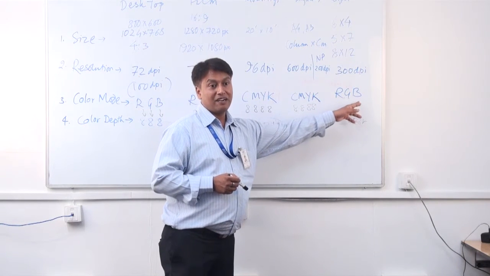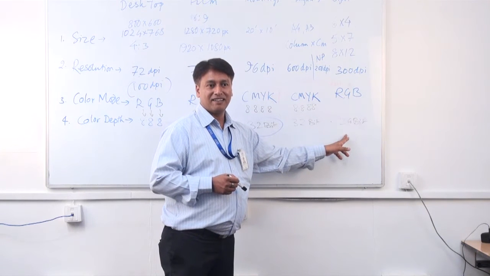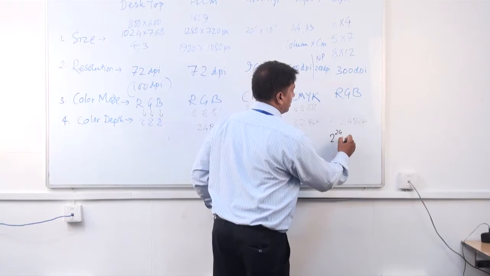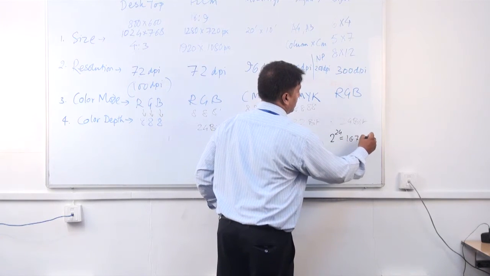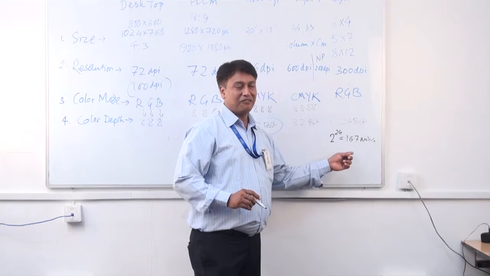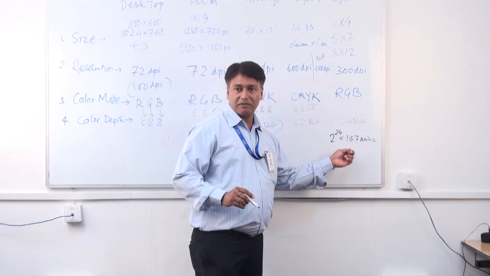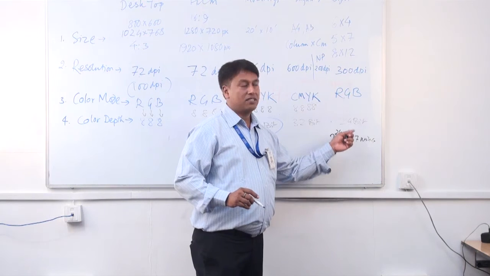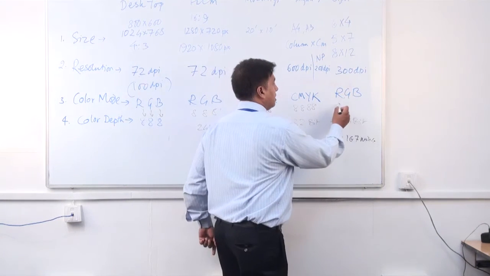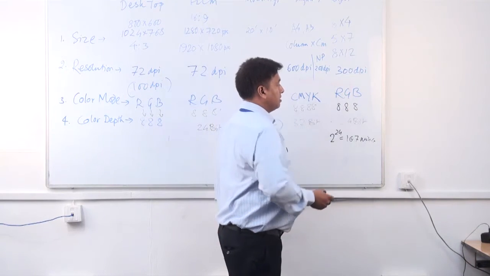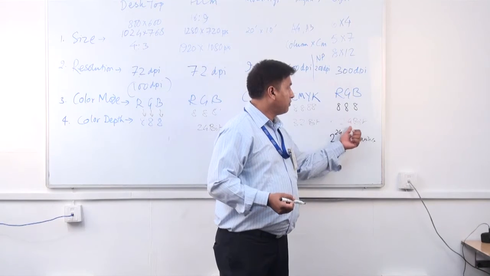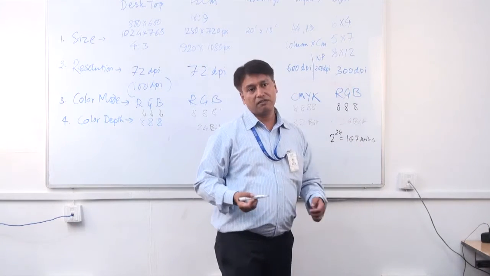If you want red, green, blue, you should have 24-bit. And 24-bit is 2 to the power 24, and it is 16.7 million colors. Got it? Why do we need it? Why does the computer have 16.7 million? Because it needs a 24-bit image. And 24-bit comes from 3 channels of 8-bit. That comes out to be 24-bit, and a 24-bit image has 16.7 million colors.